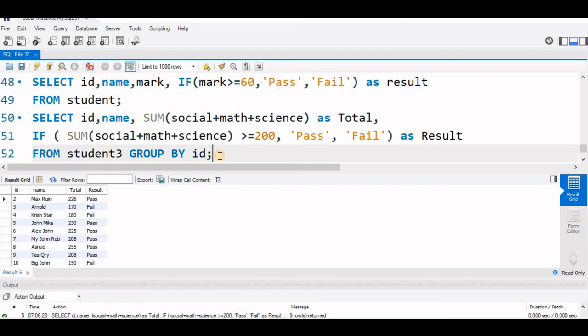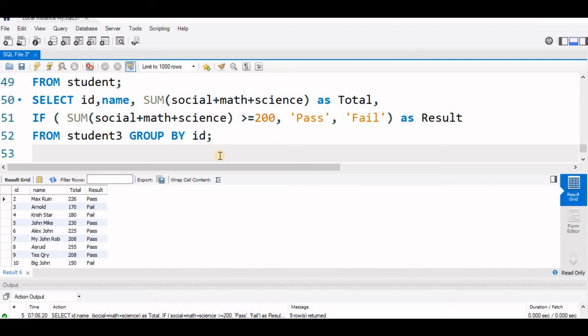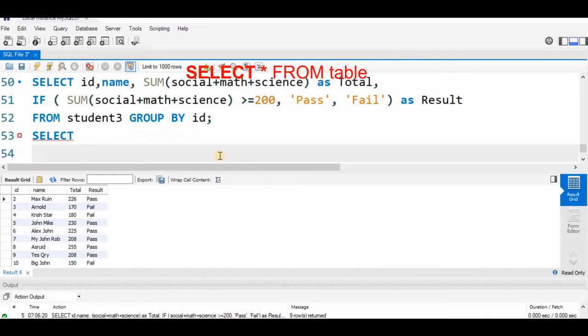But we will try to create a grid view. Grid view means each class strength we can get as a column. So let's try that. We will use again our student table. So we'll say select. Now we'll say count. So we'll go for the count function.